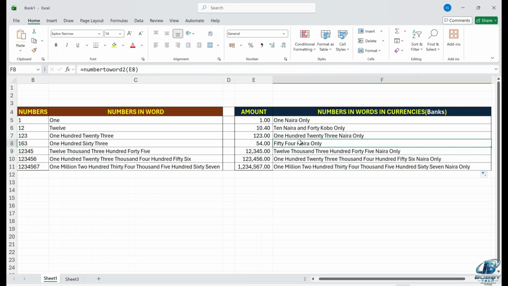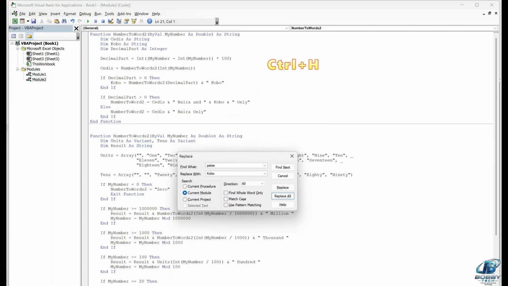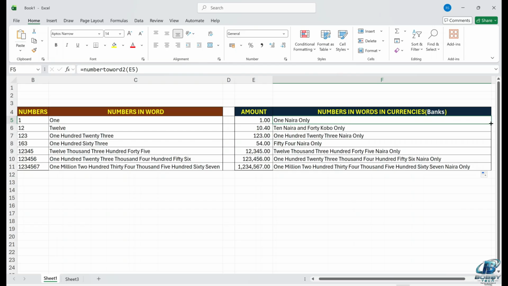What if you prefer to convert the numbers to words, but you don't like the "only" at the end of this? This "only" can be removed too. Let's use this trick to remove the "only"s. Alt F11. Now we want to take away anything that is "only". So the same approach, but this time let's find "only". Let me replace it with nothing. So we replace it with a blank box, or you can just type a space. Either way it's going to work, but let's just keep it blank. Replace all. So if I minimize and go back to my data and update,